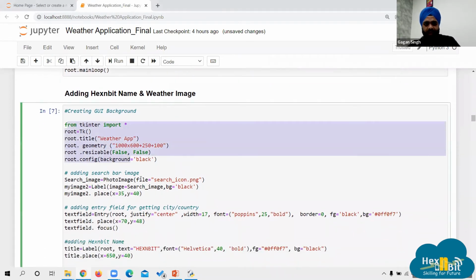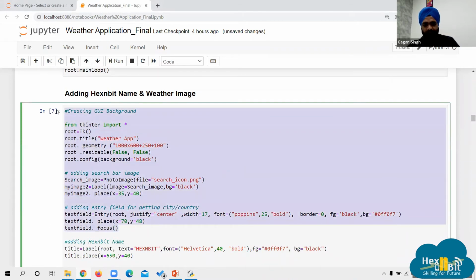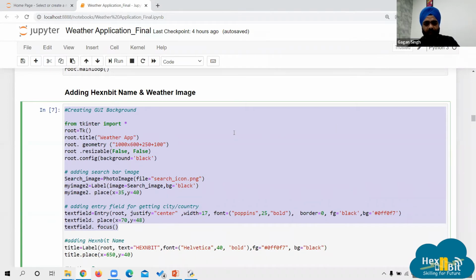So here you can see the same code is there till this point, the entry field, right? In each block of code, the previous code is also being written in that particular part. So I am showing you a progressive approach of this project, step by step how you can make it.